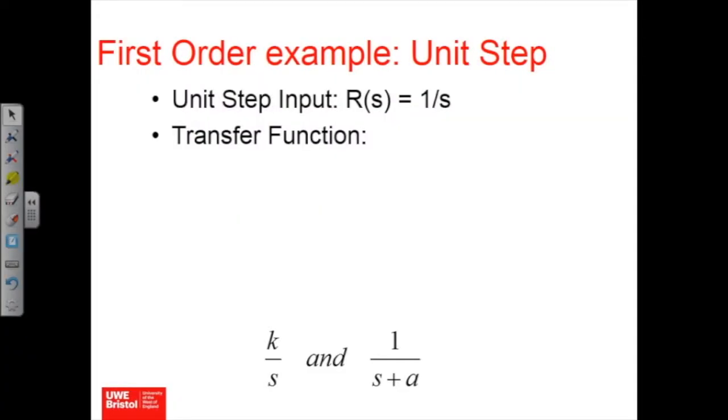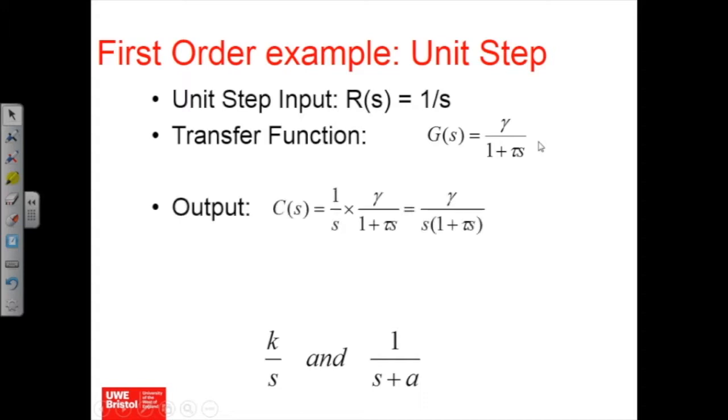So let's take an example. Let's talk about a first order system, and I'm going to apply a unit step input, and I'm interested in how it responds. There's my transfer function, standard form first order, just for this example. So the output must be equal to that, which is a unit step, 1 upon s, multiplied by that first order transfer function, and I get this thing,